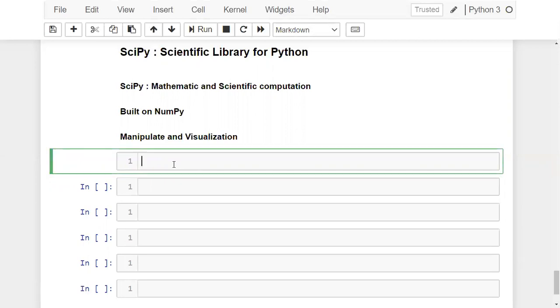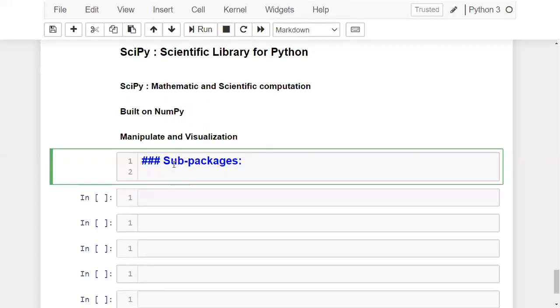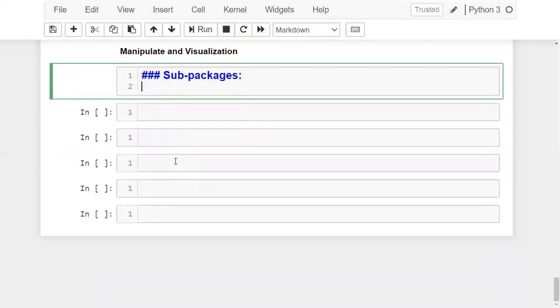In this SciPy package, we have some built-in sub packages. SciPy is a package, and in it you have some sub packages, which we are going to discuss in today's session. The first sub package is special.